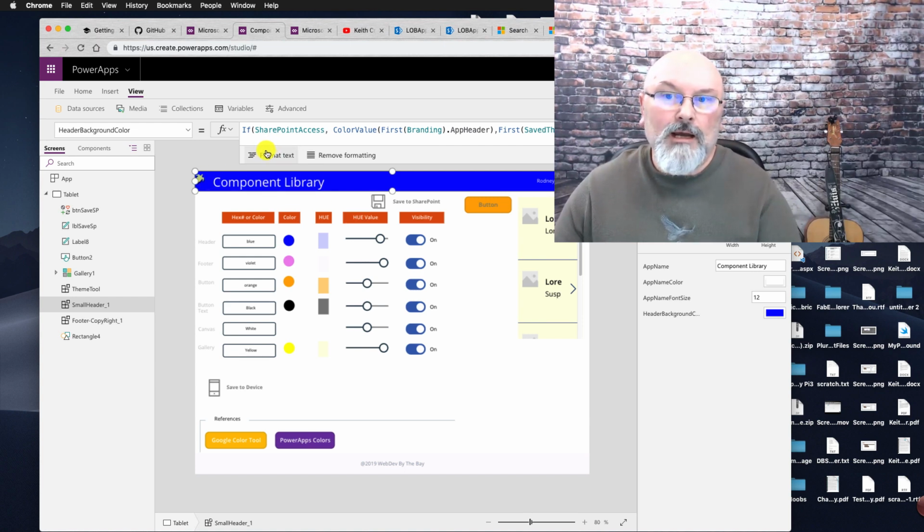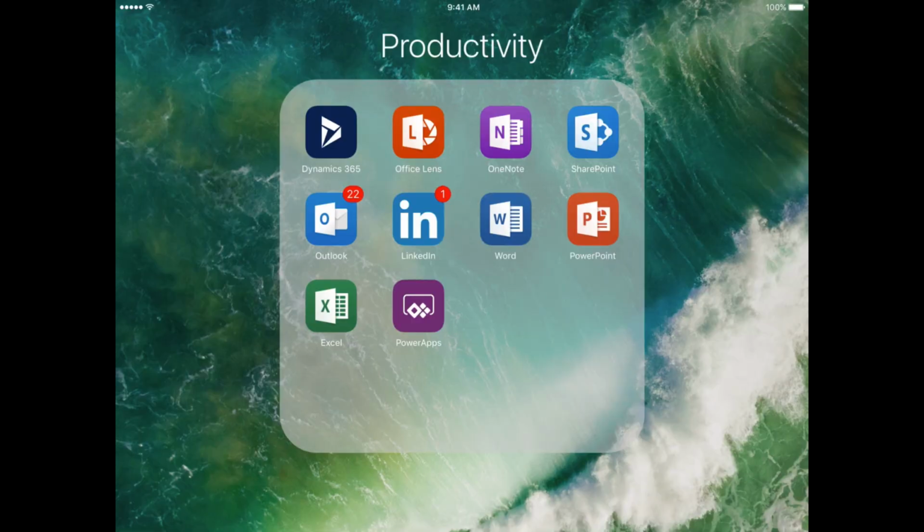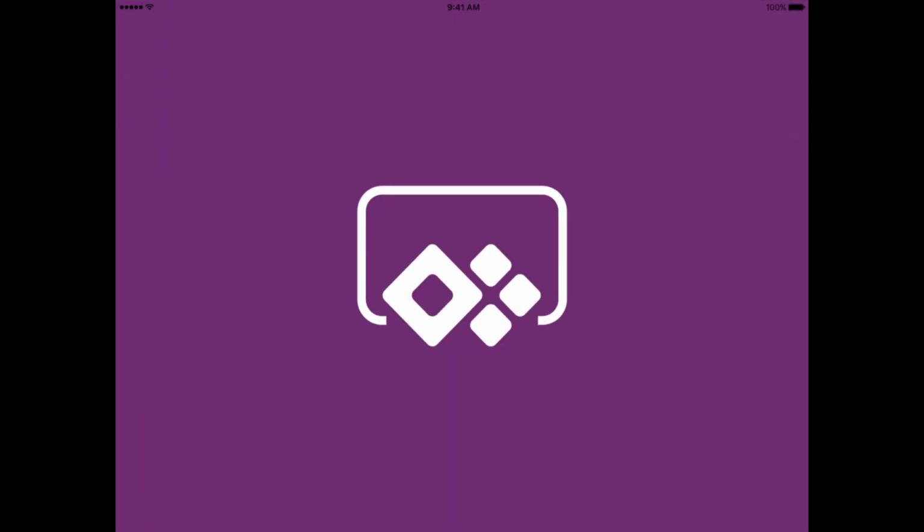Let's cue that up right now. So I'm going to start Power Apps here. I have my iPad projecting up onto my screen here, and I'm using QuickTime Player to record my screen. So let's launch Power Apps.